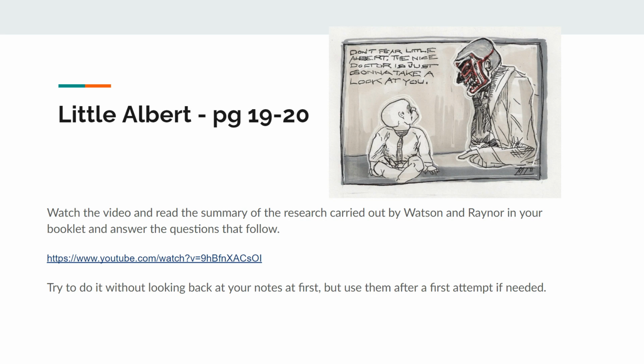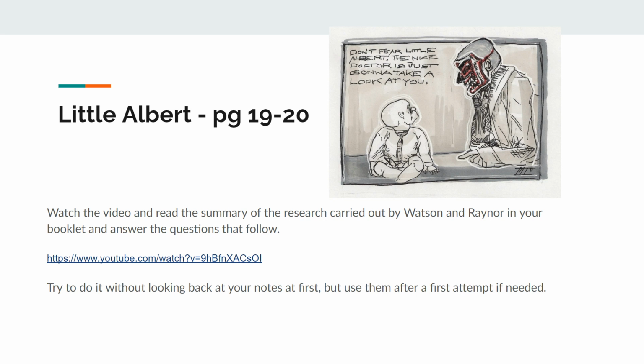But then they start presenting the white rat, and at the same time they bang a hammer against a metal bar. So the loud noise startles the baby, he cries, and they do that over and over again. They pair the white rat with the loud noise, and Albert becomes conditioned, so he becomes scared of the rat because the fear response to the loud noise and the rat become associated. So that's the gist of it, but have a read through all of the important bits of